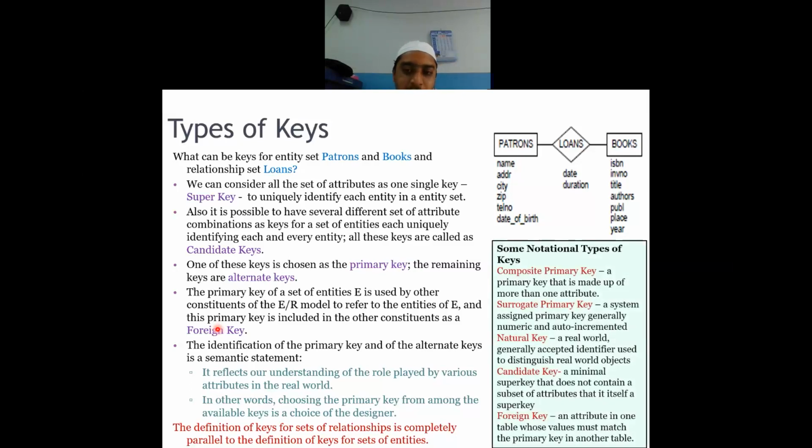But some other textbooks, or let us say some other websites and online resources, have given different names to the keys, different notational formats. One is composite key. Composite primary key means the primary key is not built up of one single attribute. Let us say this telephone number is unique, but suppose it is not being taken as a primary key, it is being combined with the name, let us say. Then in that regard, we can say that this is a combination, composite. So it will become a composite key.